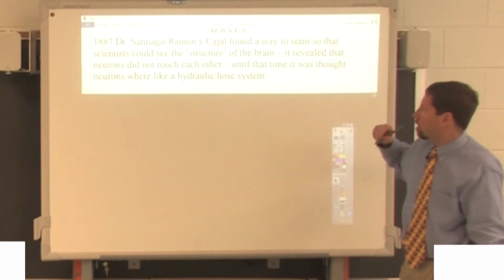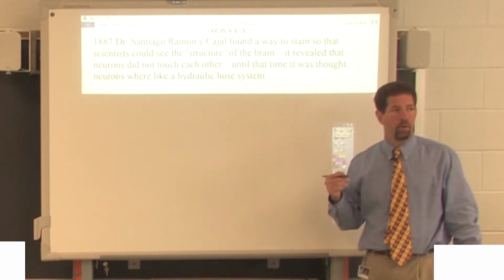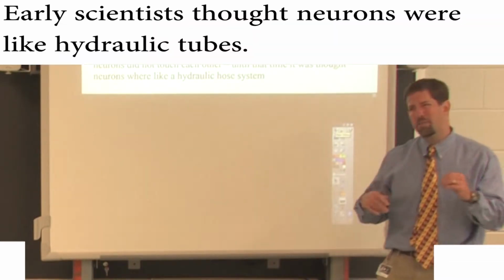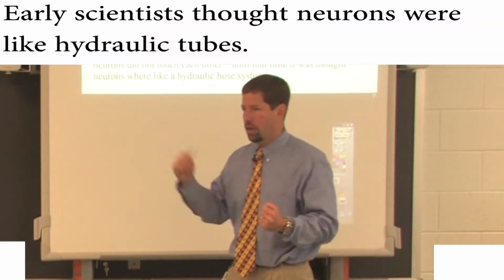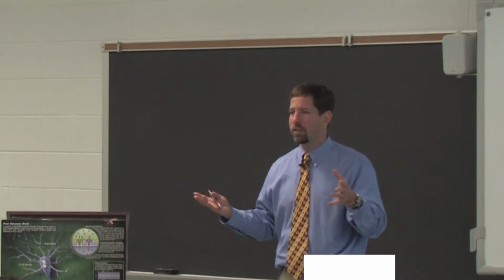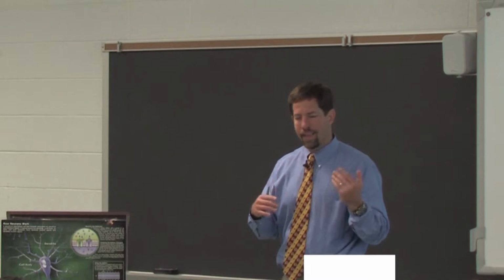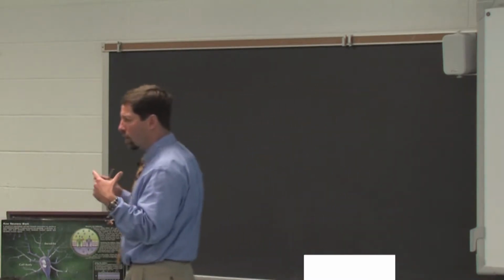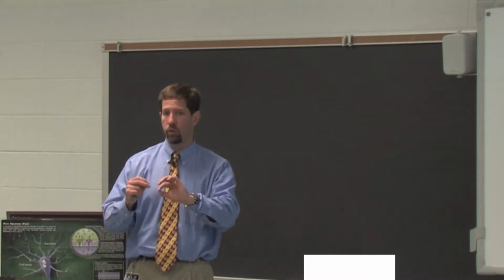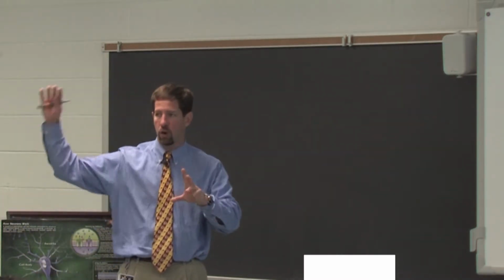Before we move on, look at the primitive paradigm of the neural system in the 1800s. In the 1880s, I guess you can imagine they knew there were blood vessels, and the heart pumps blood through the vessels. So if that's it, maybe that's the way it was for neurons. And I think in 1887, before you realize that no neurons touch each other, neurons were thought of like little tubes, little hoses. And you're going to pump fluid, and that's what makes our arm move.